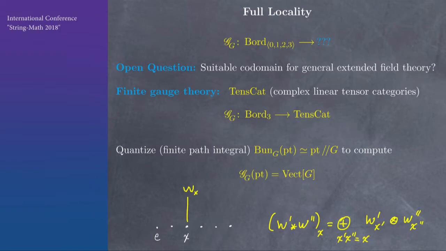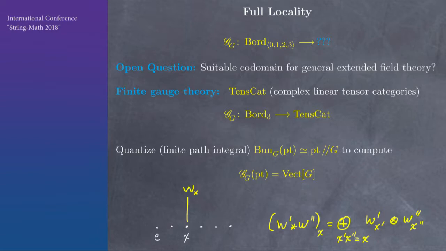So if you take this gauge theory, now we could compute what you get on a point by somehow quantizing the bundles on a point. There's only one bundle, the trivial bundle over a point, but it has automorphism group G. And if you sum that in the right way, what you get is a tensor category that's a categorified version of the group algebra. So it's the group algebra of the group whose coefficients are vector spaces. In other words, it's just the collection of vector bundles over the group.